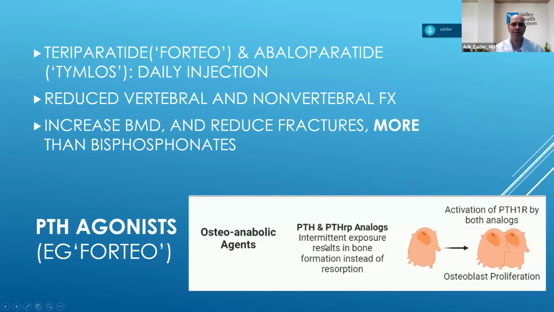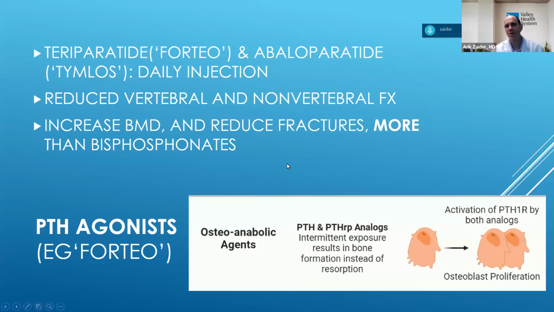Okay, so this is Forteo. Forteo, interestingly, is a form of PTH, parathyroid. So the relationship between parathyroid hormone and osteoporosis is really interesting. Hyperparathyroidism is something that causes osteoporosis, but they were able to manipulate the parathyroid hormone in a way that it can actually do the opposite. It kind of mimics parathyroid hormone, but actually activates bone formation by stimulating osteoblasts.